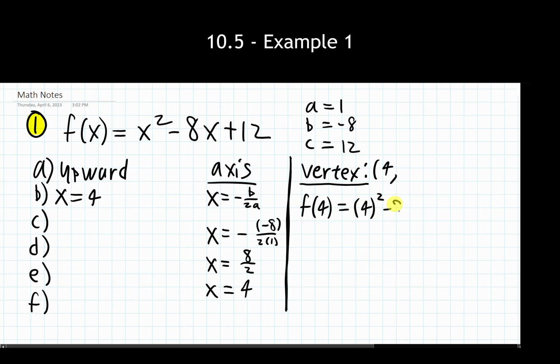I'm just going to say min for shorthand. You could say max for shorthand for maximum if we see one of those. I'm going to say minimum, and what is that minimum value? It's going to be negative 4. It's the lowest point that this thing gets in the entire problem.